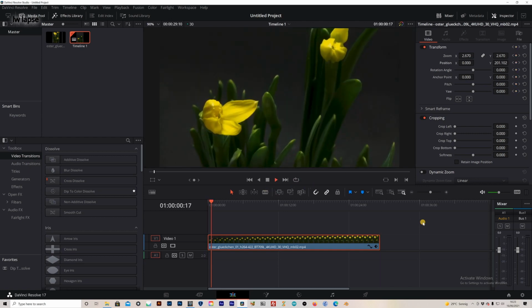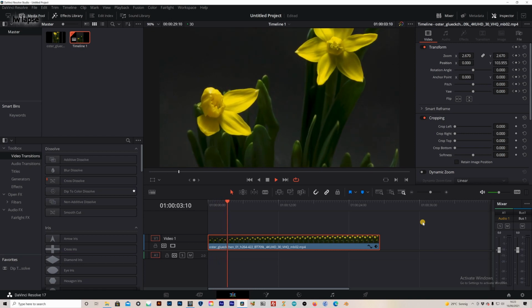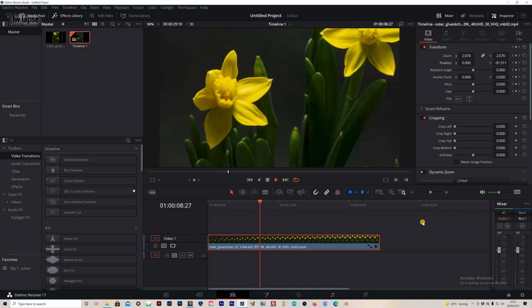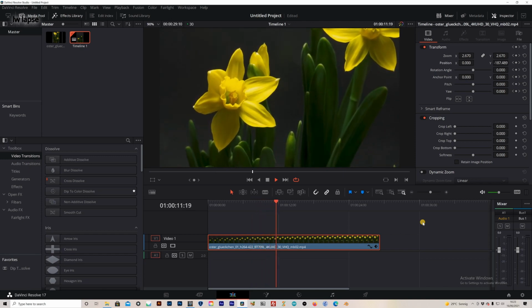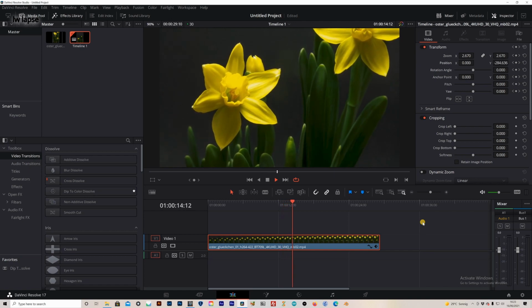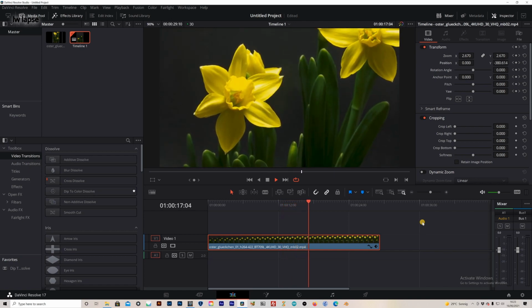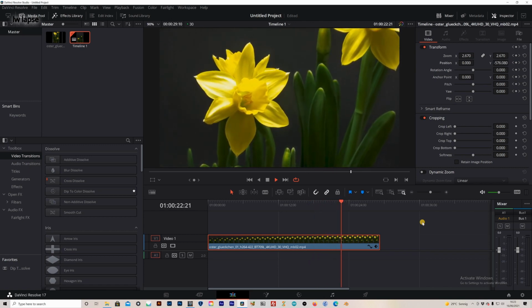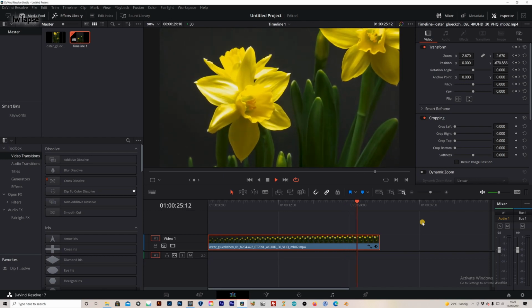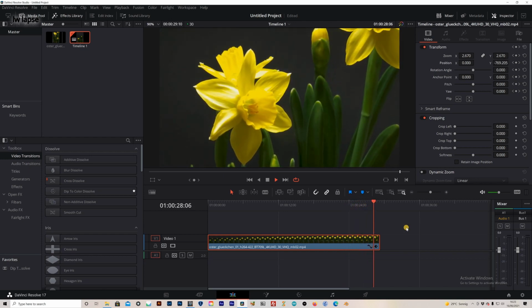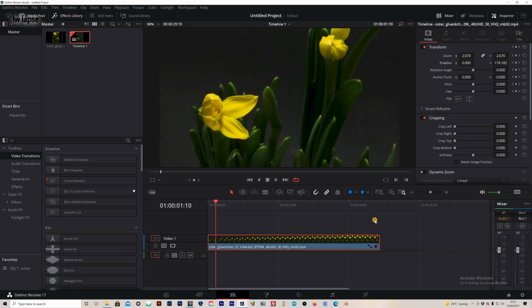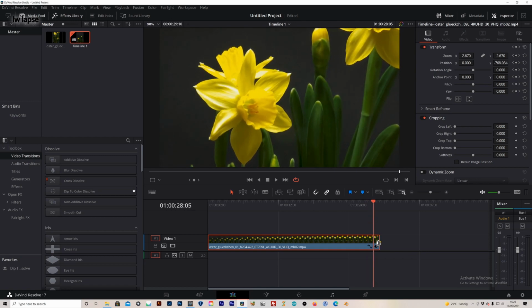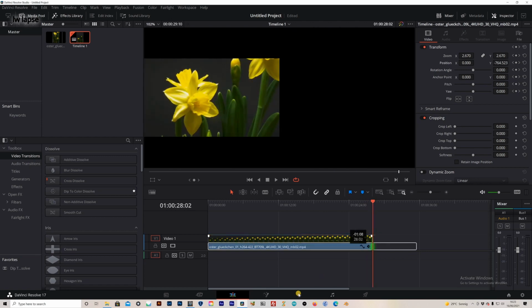Let's watch it through. Oops, a little bit of wobble at the end, but otherwise I'm happy with the keyframing. I'll just chop it down to here.